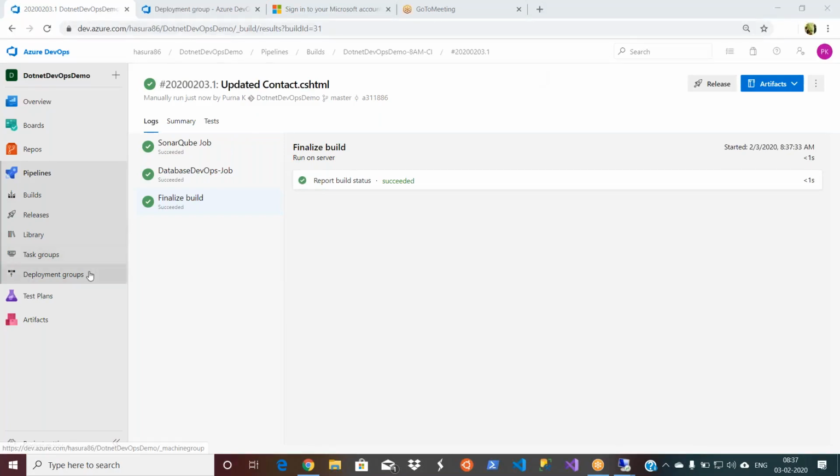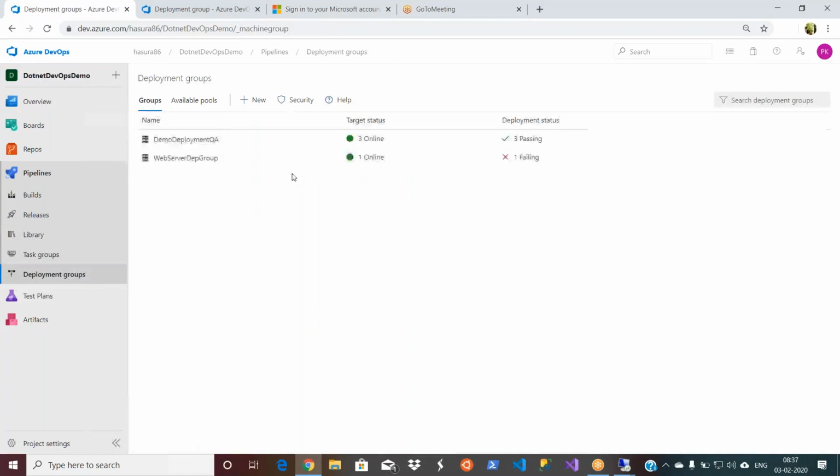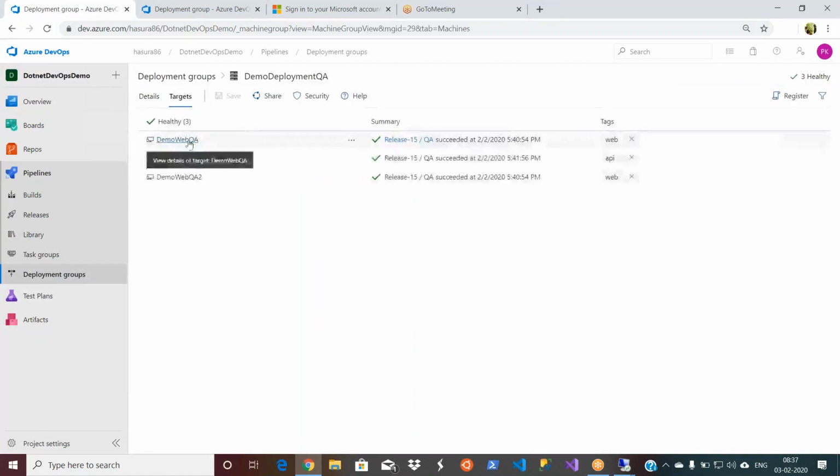Everything is from the deployment group, and this is pretty much visualization, right? From here, I can clearly know, even for the network admin or server admin, it is easy. You can come and see, these are all the servers for the QA environment. So it is that easy. Under that QA environment, I am having 2 web servers for the front end and another web server for the API. So it is easy to categorize.